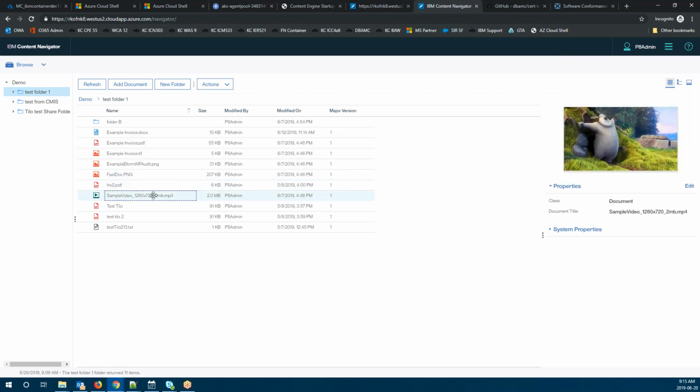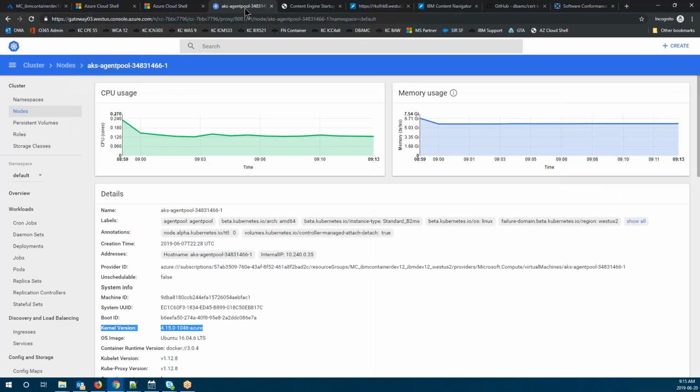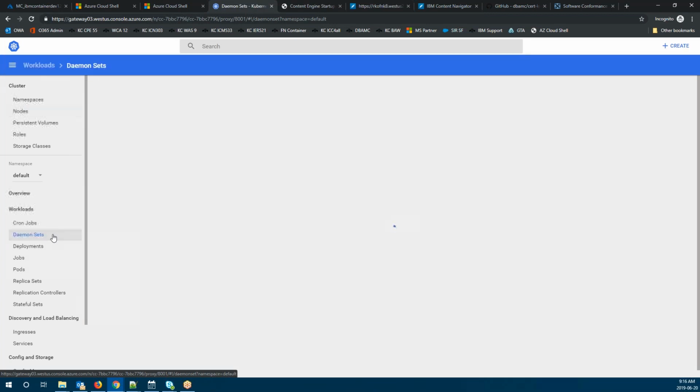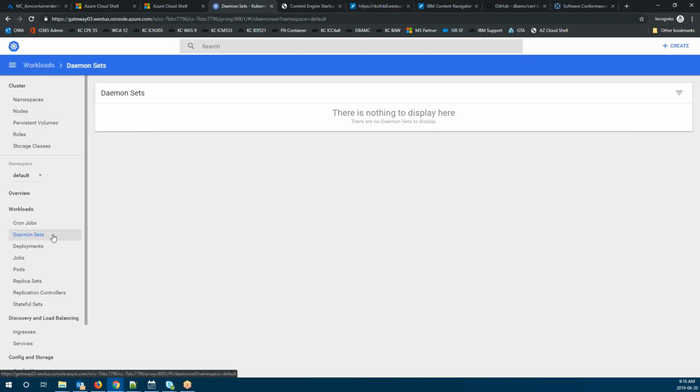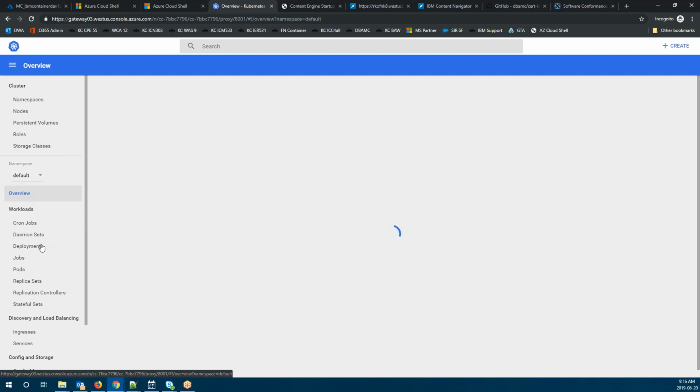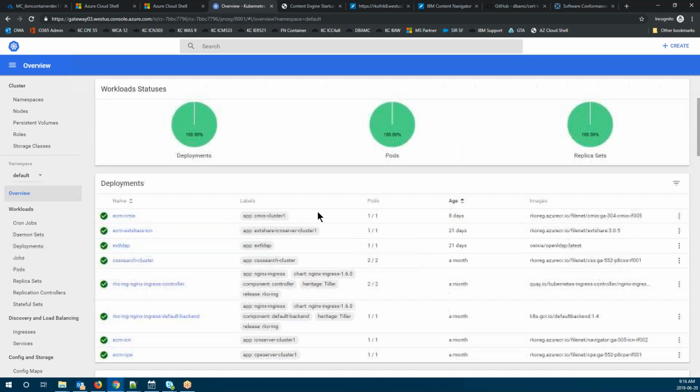So here's our navigator. Okay, how does it all look on the Kubernetes side? So we have various deployments here, deployment set as part of this. So here's our deployments. And right now I decided to have most of my ECM related items running with one